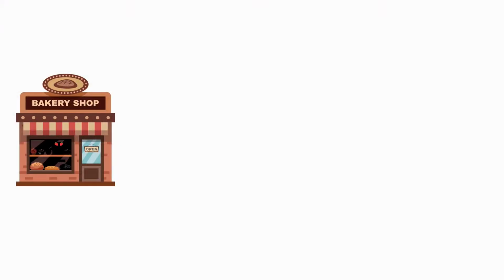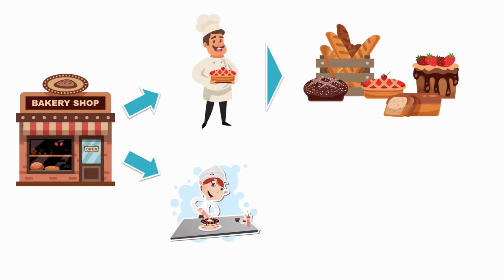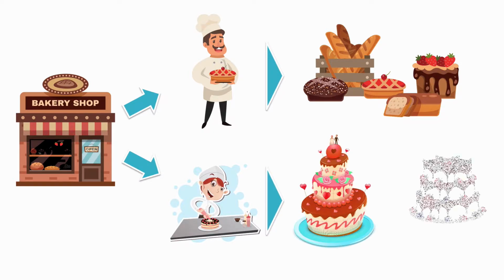So throughout the video, we'll be using the example of a bakery, the one you may already know from the video about the cost structure. In case you haven't seen that one, one of the bakery's employees is a baker, and he bakes everything there. Bread, pastries, pies, cakes, everything. But the bakery also has a specialized cake decorator whose only job consists of decorating these beautiful wedding cakes.